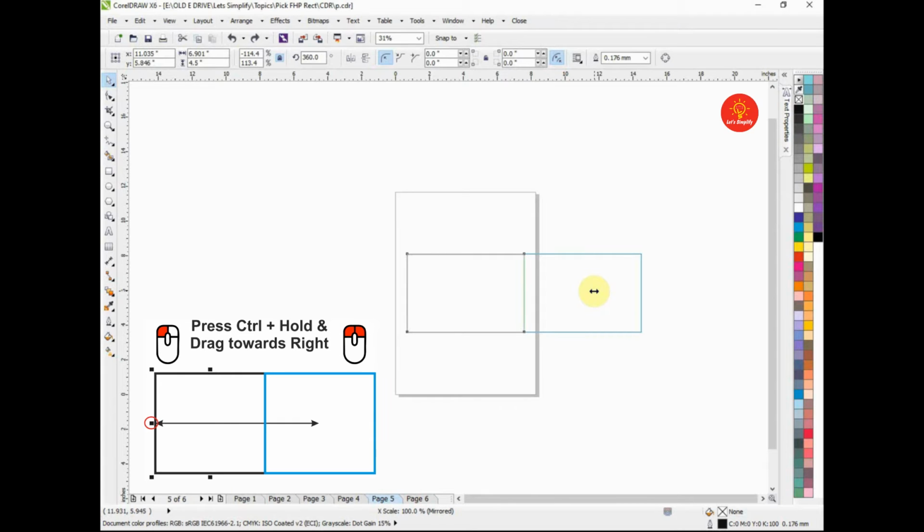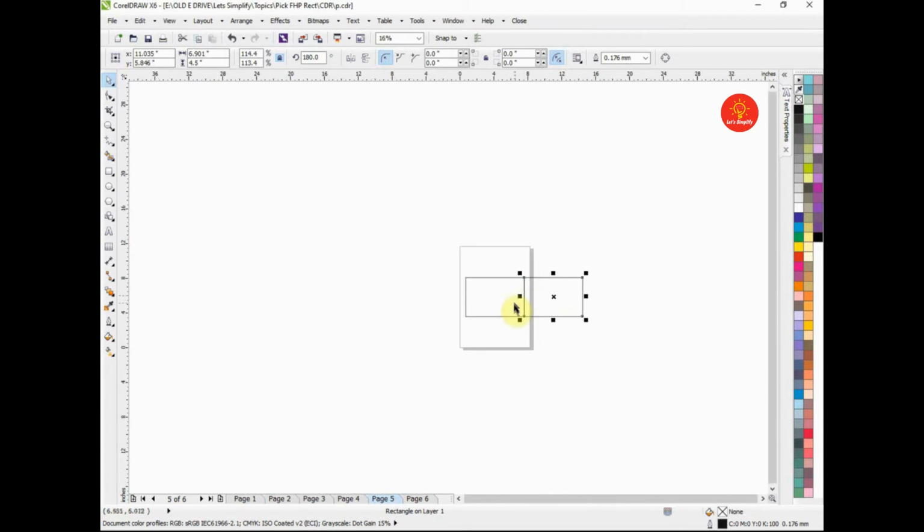But if we hold the Ctrl key, then we get the same size. Now while holding the Ctrl key, we will right click, and we can see our new duplicated object on the right side. We can also do this duplication by holding the top side or the bottom side handle of the object.